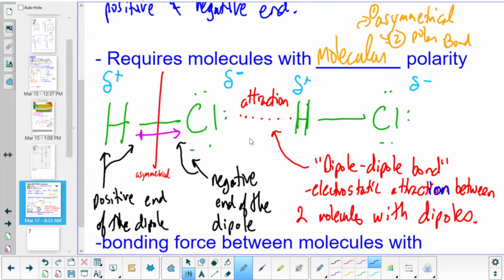This attraction between two things with dipoles affects a lot of things. A lot of organic things have dipoles. Sugar does. There's a lot of OH bonded around it, so it forms a crystal, solid at room temperature. The paper that you're writing on,